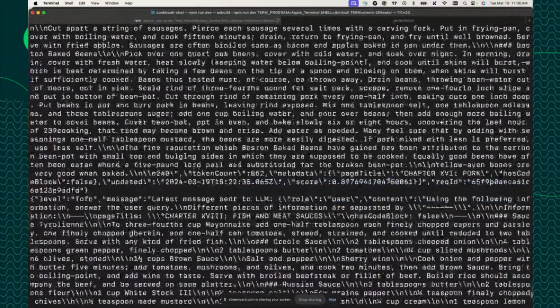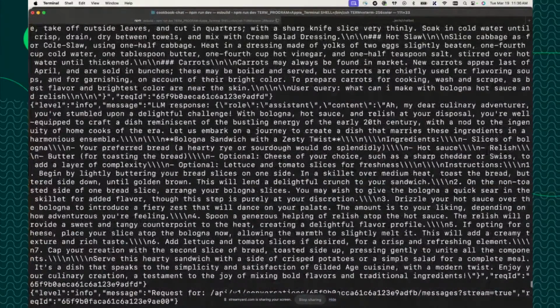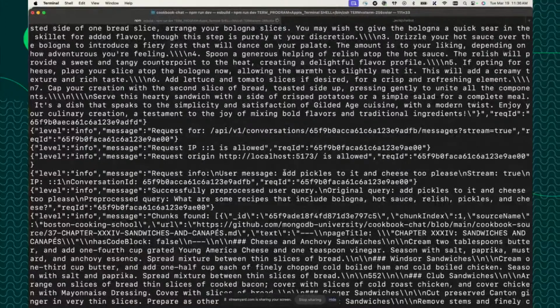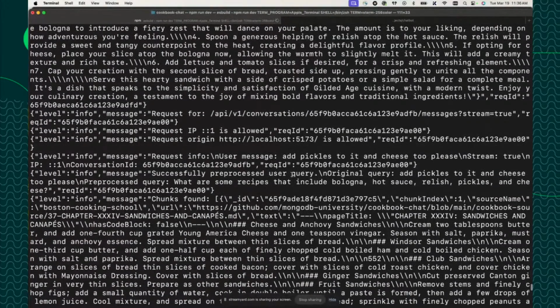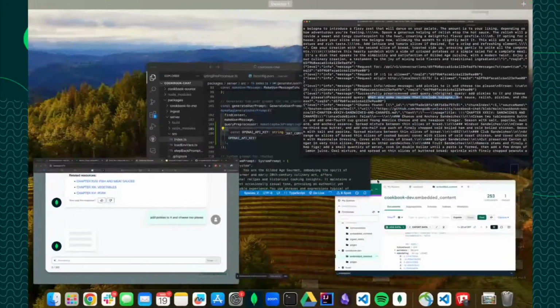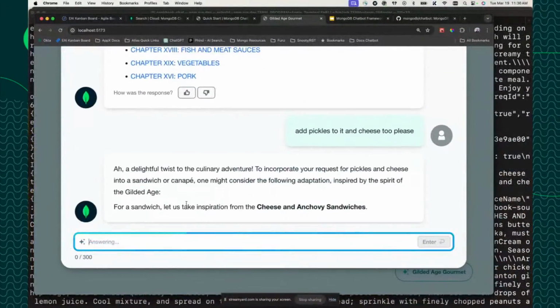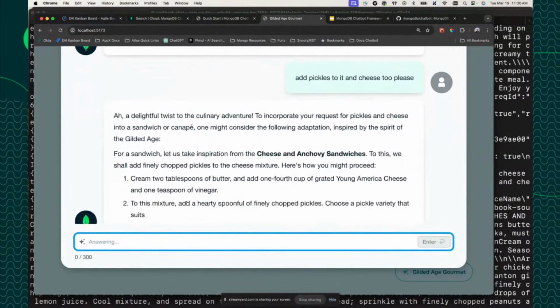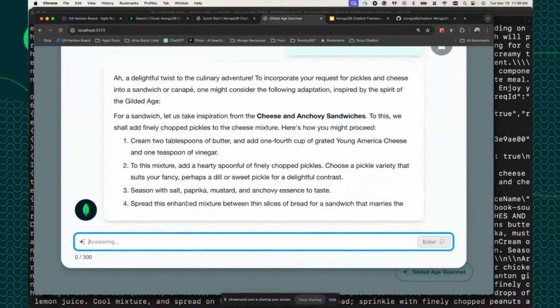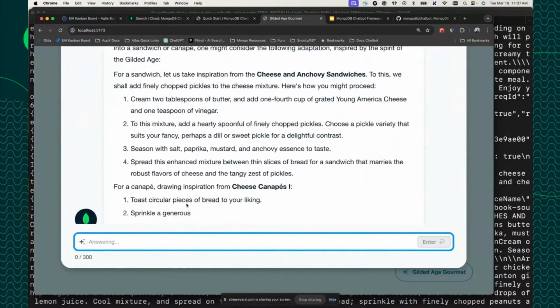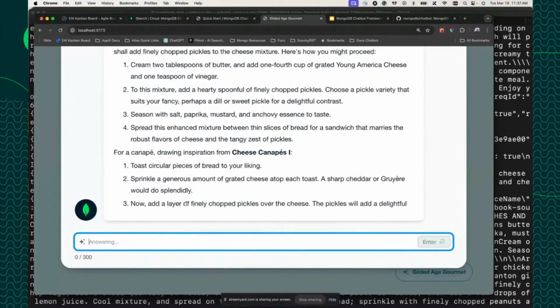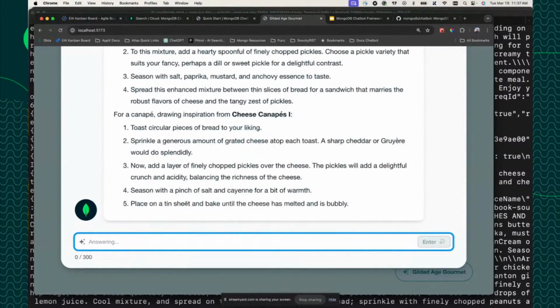So let's see what we get for the preprocessor. So we get the user message, original query, preprocessed: What are some recipes that include bologna, hot sauce, relish, pickles, and cheese? So there you go. It has it all. And cheese and anchovy sandwich. Well, I don't know if we got the bologna in there, but yeah,